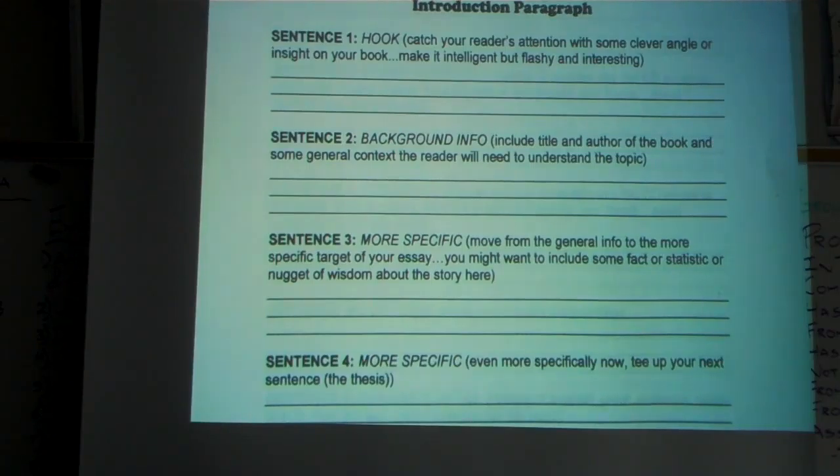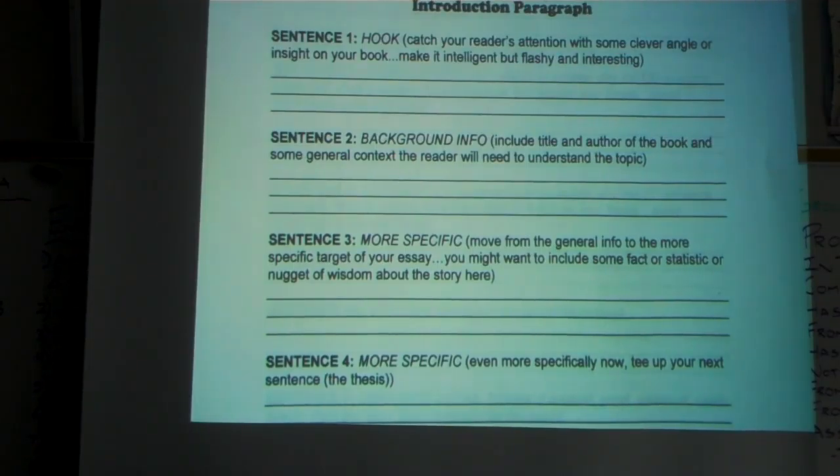So, to start with, we're going to break down the typical introductory paragraph in any essay. On this particular essay form, we're going to focus on how to do an essay where you're focusing on a text, a literature work. So, your first sentence, you always want to catch the reader's attention with the hook. That's how you get them interested in your book. You want to just throw one sentence out there that's going to get them intrigued as to what it is